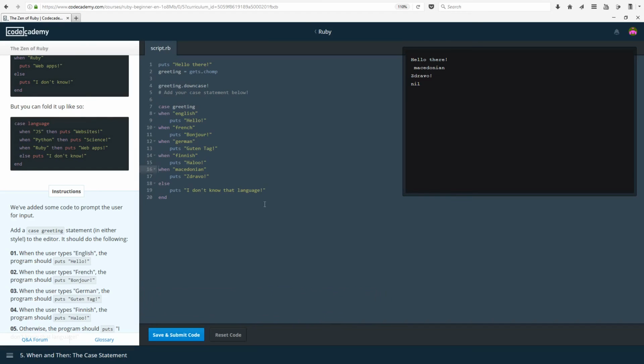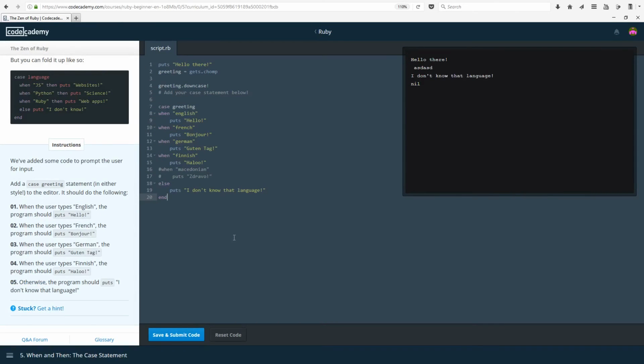Or maybe... okay, let's see what's wrong. Okay, I'm pretty sure that there is something wrong with Codecademy here. So, if I do something like this, it allows me to move on, as you can see. But if I enter finish, or, okay, I misspelled it. If I enter finish, it gives me an error.